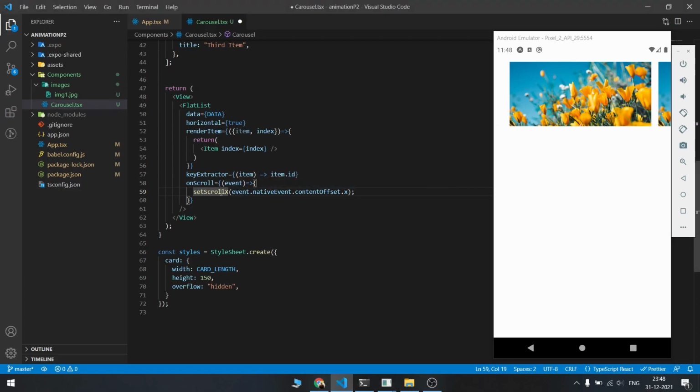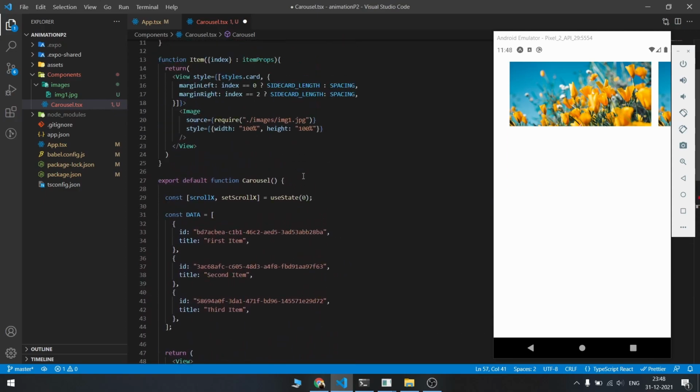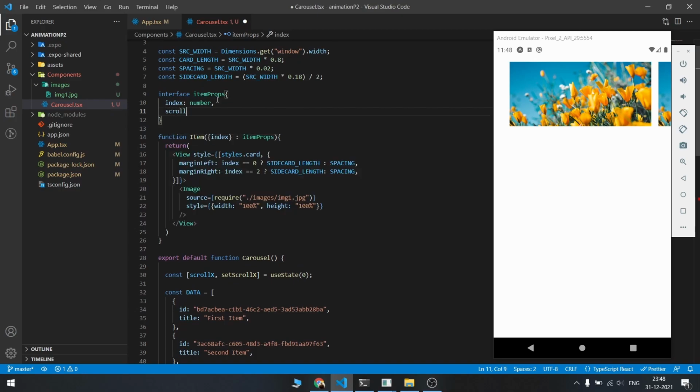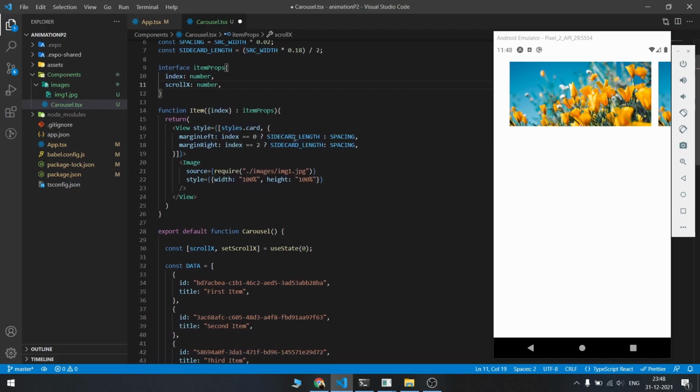So now we have to pass this to the item, similar to what we did before. And it's also going to be a number. Okay, so we have all the data that we need to start doing the animation now.